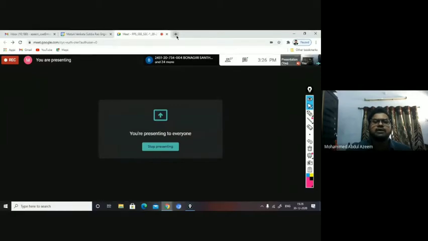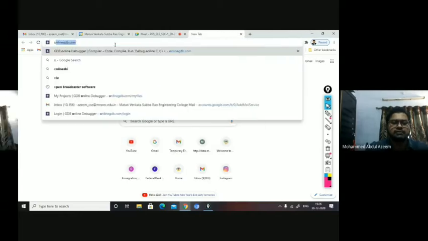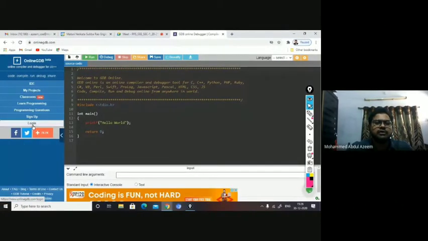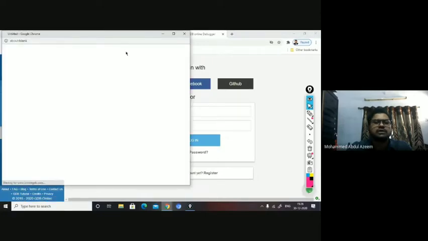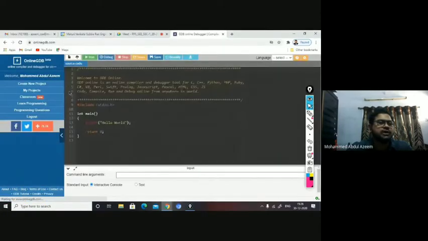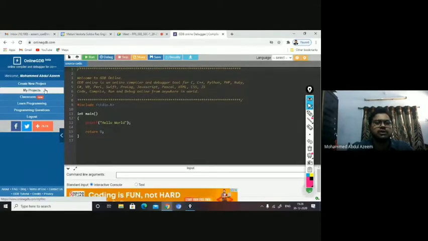Let us execute the same using the online GDB online compiler. In order to log in, I just say login, then say Google Plus. Since my mail ID is opened, I automatically get logged in. So now I want to start a new project. I can start with a new project and I already get a skeleton of a new project. I can straight away take this code and write the code. Then while saving, you can give the project name. That way also you can do it.